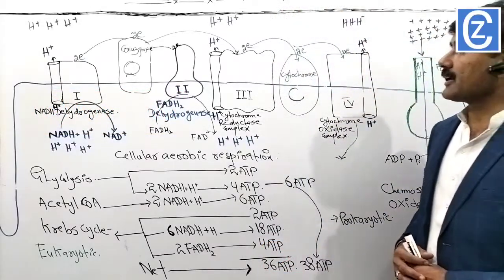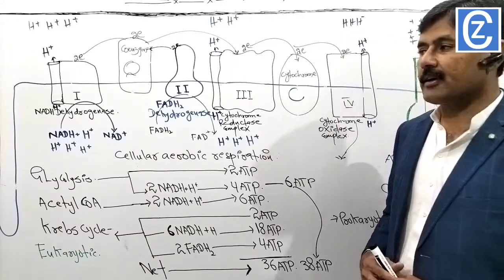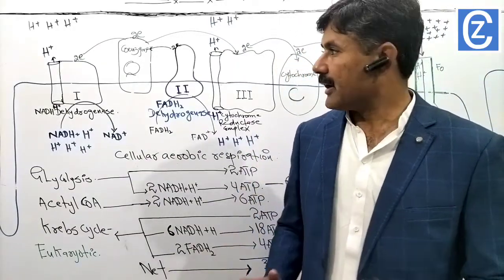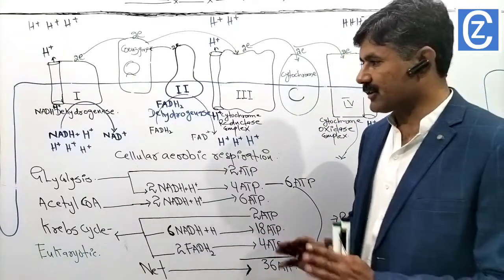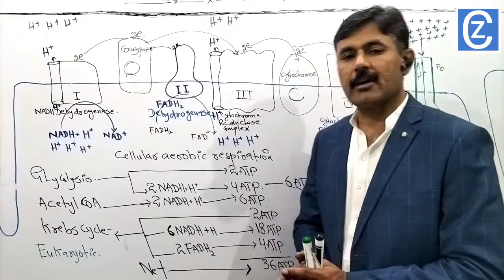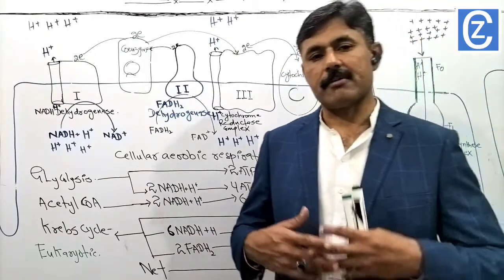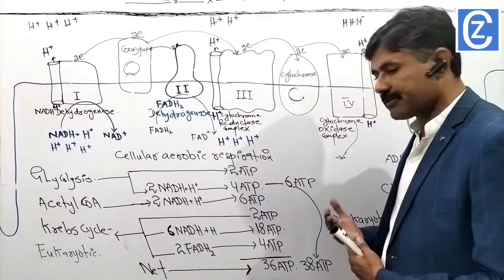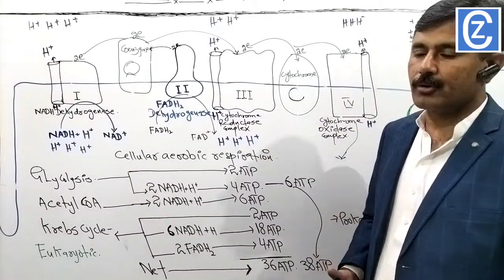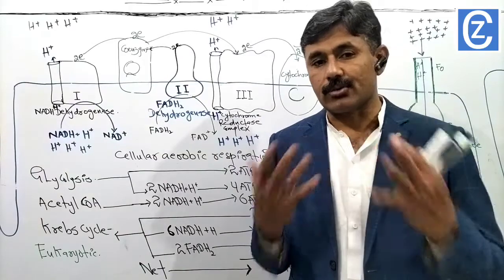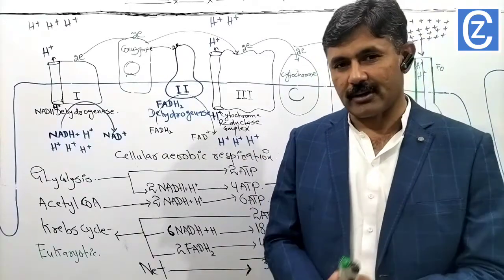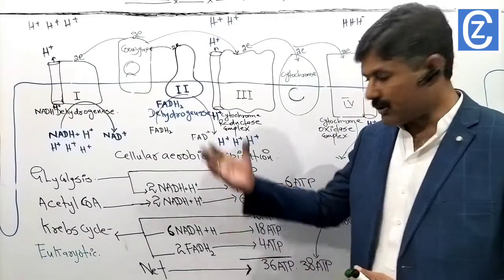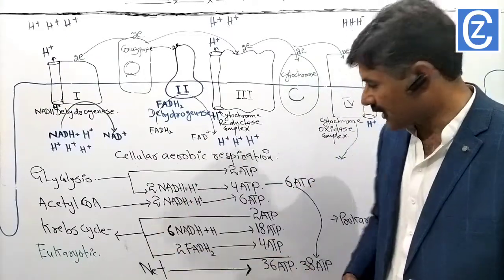If you're clear on the electron transport chain now, we have completed glycolysis, the Krebs cycle, and the electron transport chain. We are done with the whole amount of ATP that's formed in the form of substrate level phosphorylation or by oxidative phosphorylation in terms of chemiosmosis. But now we are going to count the total amount of ATP that's formed during the process of respiration from one molecule of glucose. I'm going to make this total so that you can understand and we can count the